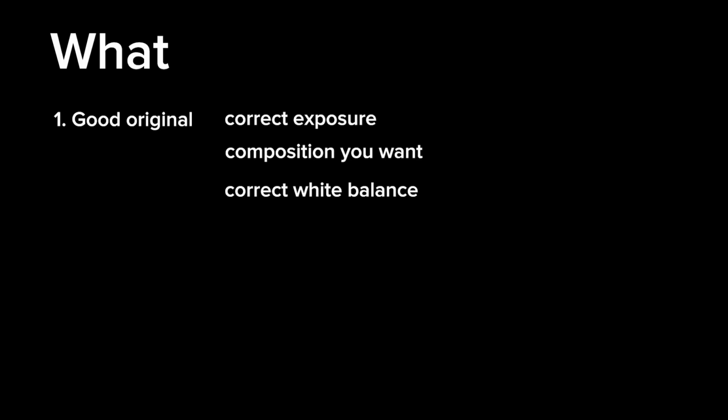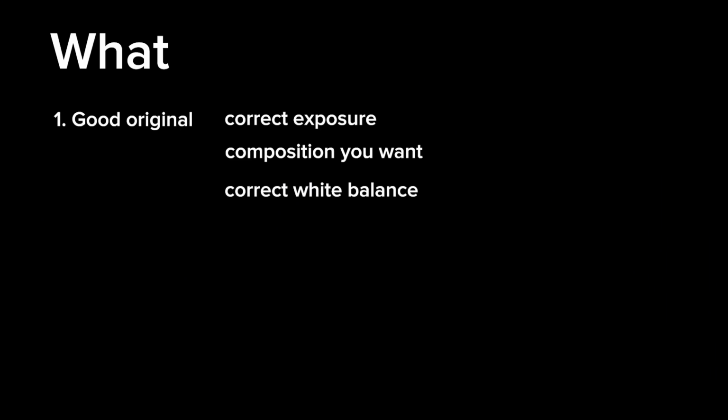The first thing, of course, is trying to make as good an original image in your camera so that you have correct exposure, your composition is the way you want it, and you have the white balance correct. And those are the most important things to get correct in camera. Of course, white balance can be adjusted if you do raw images. With JPEGs, it's one of those three that you need to have spot on. That way, you will have the best possible original file to work with, and your result will be better.